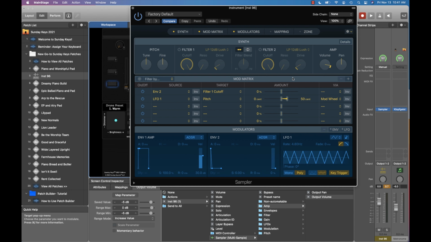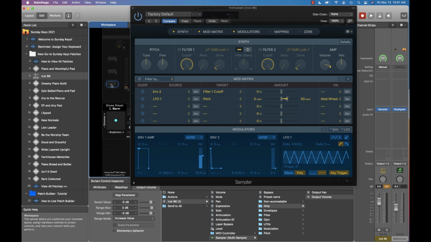So what I've got here is this volume fader or knob inside a sampler, and I've got it set to -5. Now I've got range mode set to increase value, and the max range is set to 0. So now when I click this button one time, it increments the value up one amount, which is really cool. And I think that's a feature that people have been wanting for a long time.